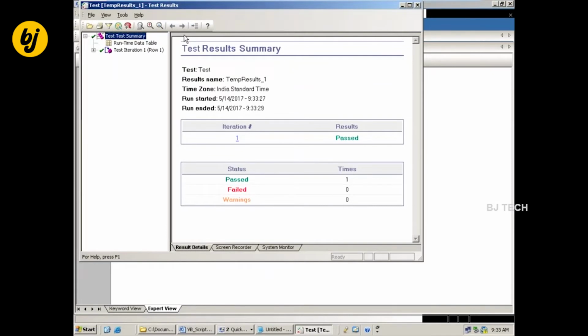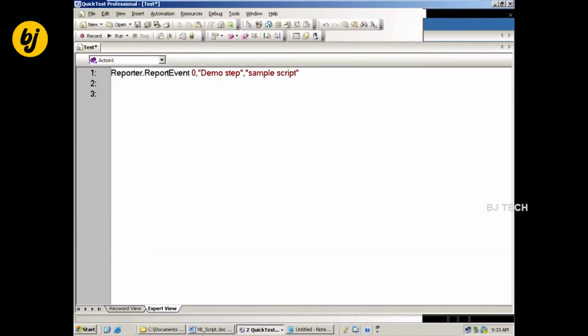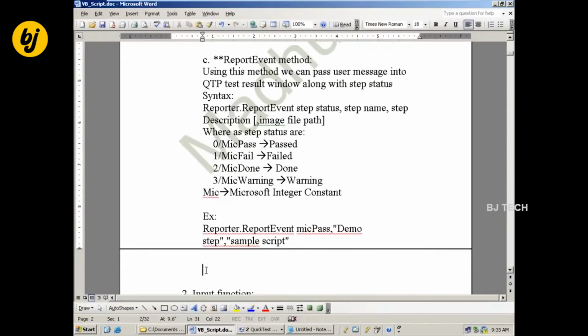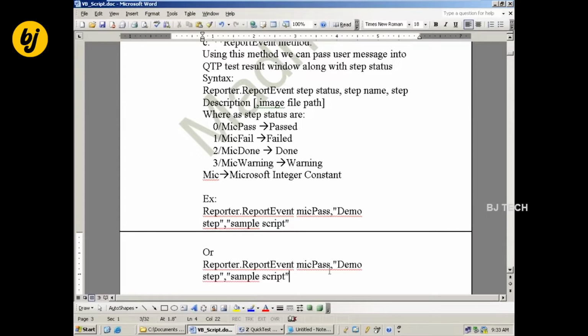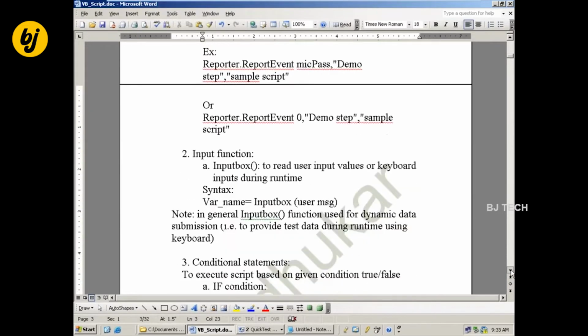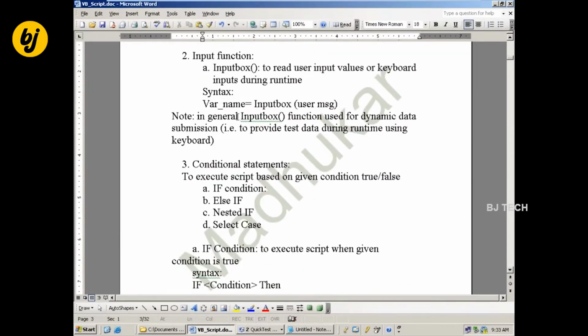Zero is also going to be considered pass. These are the types we have.